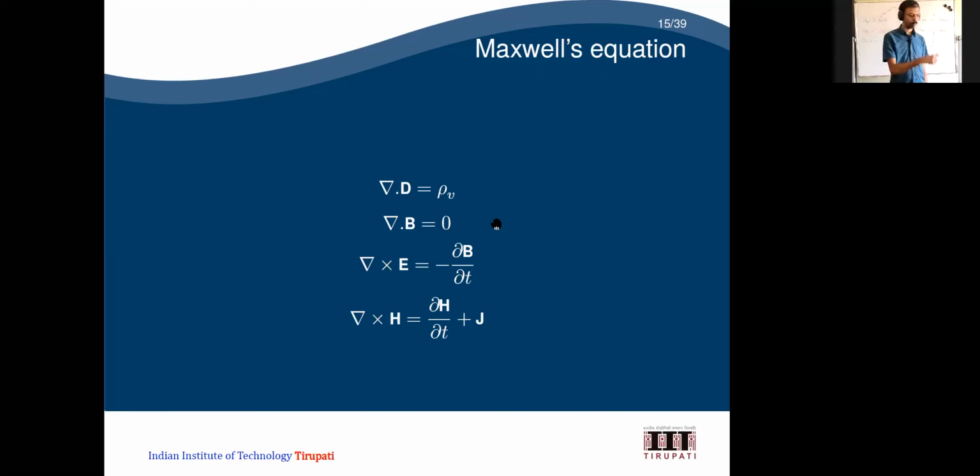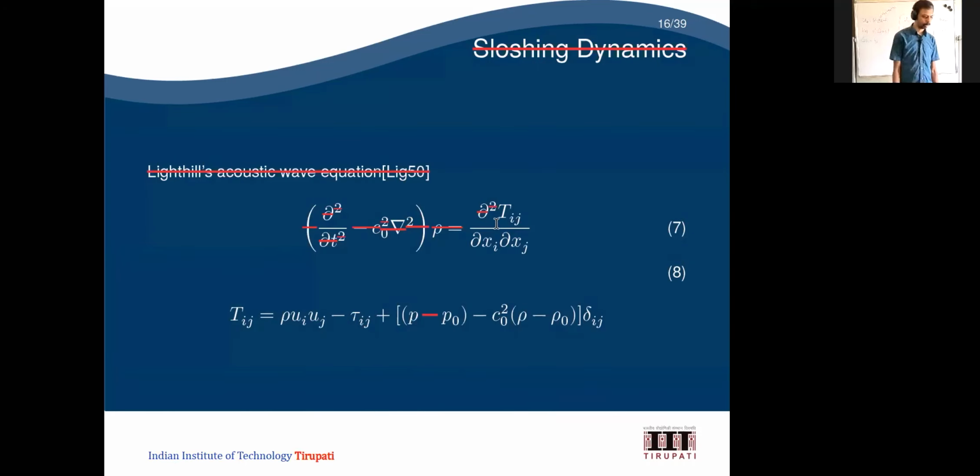So these are the equations which are used in physics as well as in electrical engineering for governing the electrical current and the magnetic field. Okay, so these are. I think here I made a mistake. So the sloshing dynamics. Okay, I just explained what sloshing dynamics is, but the equation is not correct. So sloshing dynamics. Once again, we can see something like